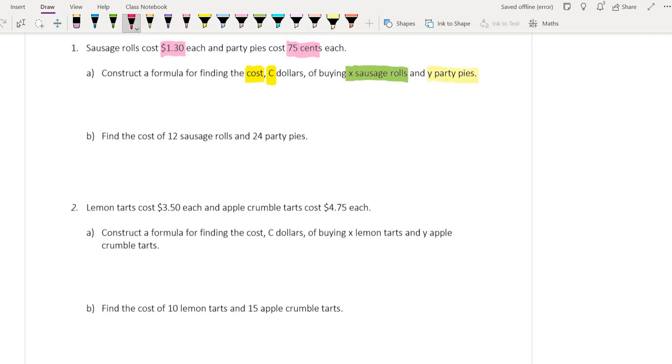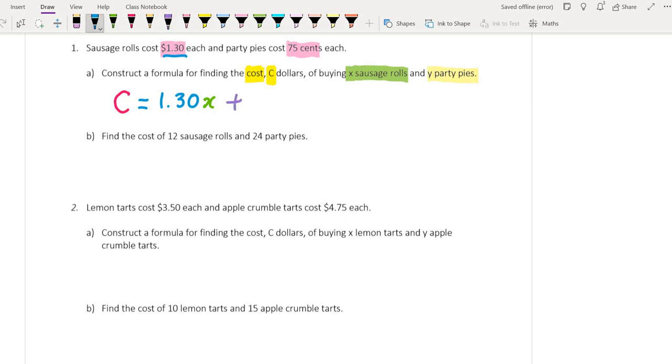So what we know is that we want to set up an equation for C. The total cost is going to equal X amount of sausage rolls, and every sausage roll that we buy is $1.30. So 1.30x. It's going to give us the cost of sausage rolls, plus